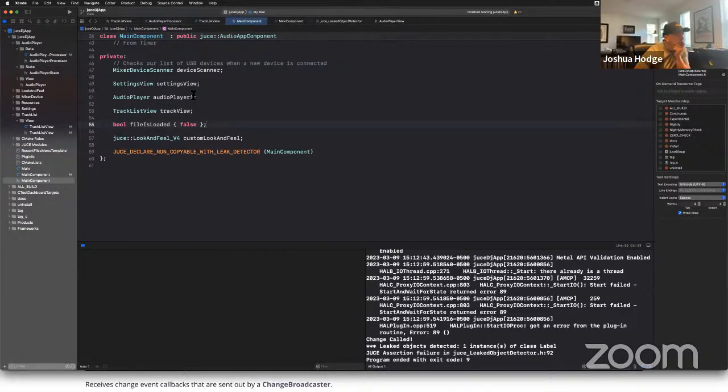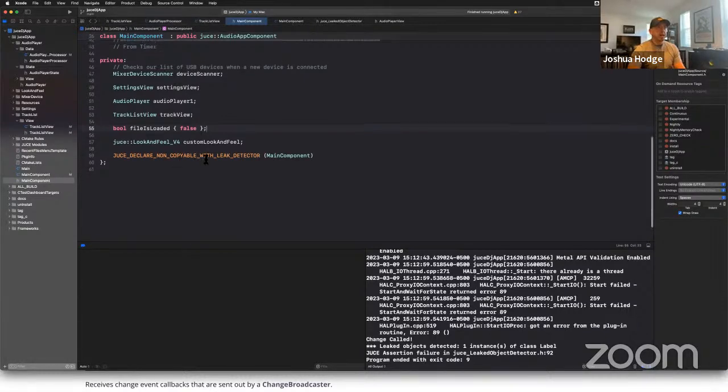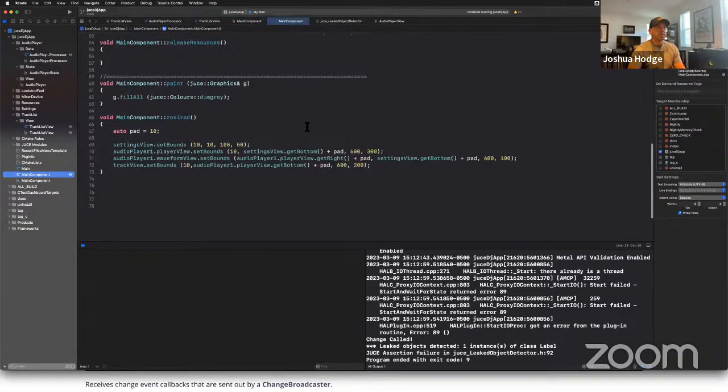That could be because we haven't set a timer for it to repaint. It could be because it didn't work properly. There are a number of reasons why that may not have worked. Okay, so